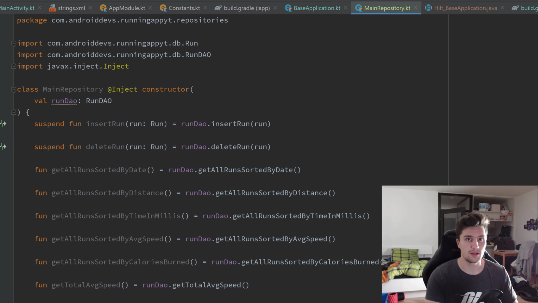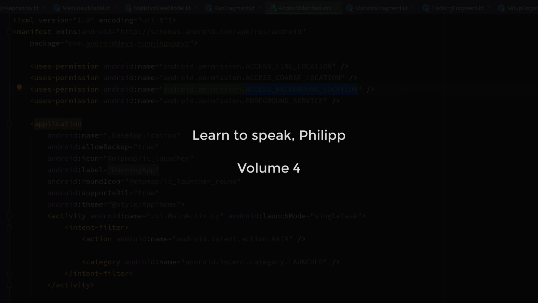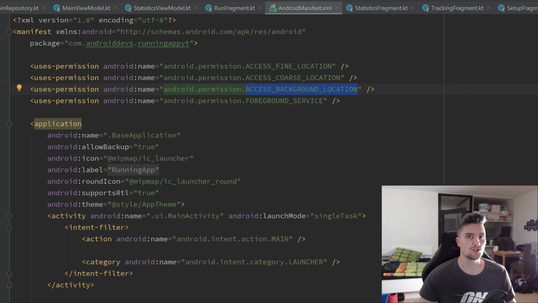And that is it now. But for now, I just want to include a function that checks if the user already accepted the